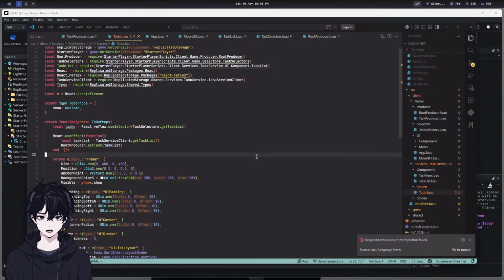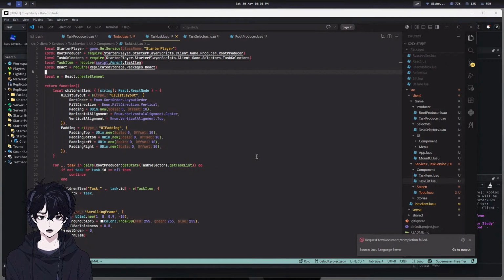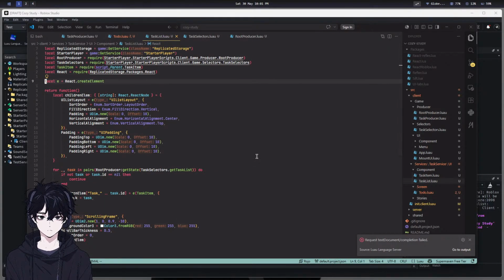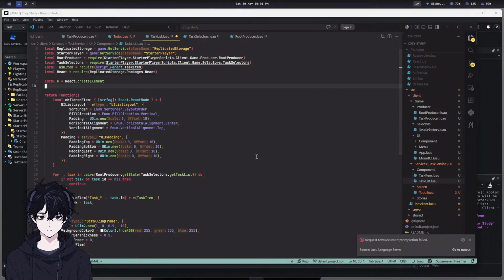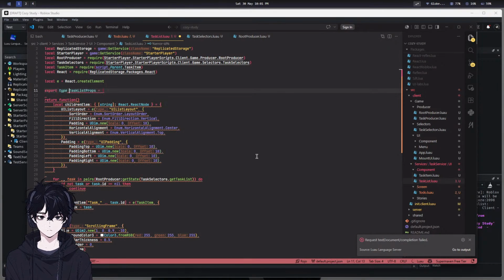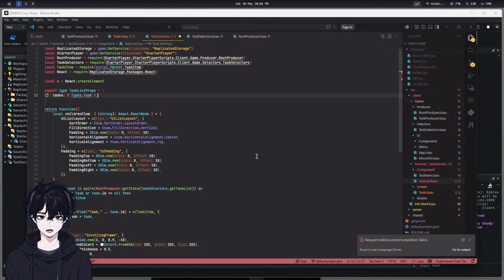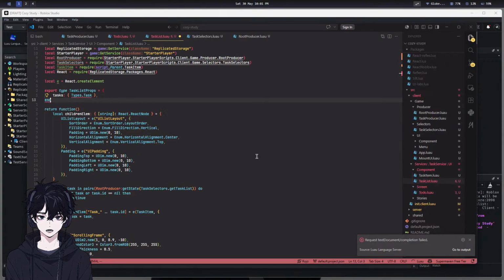Okay, and then here in our task list, we will still have the props. So export type TaskListProps, task types, and